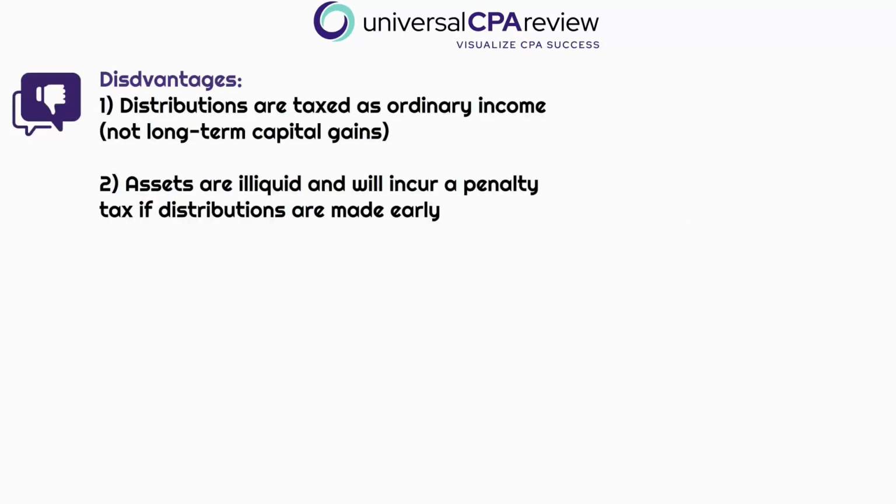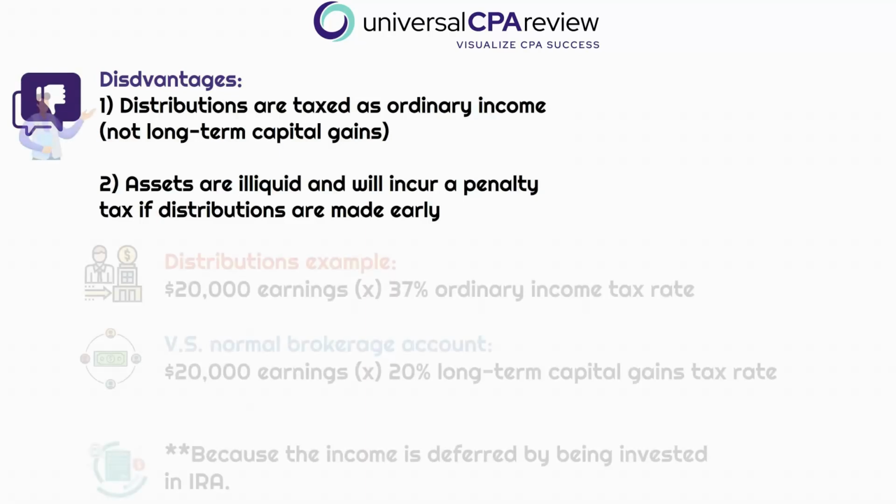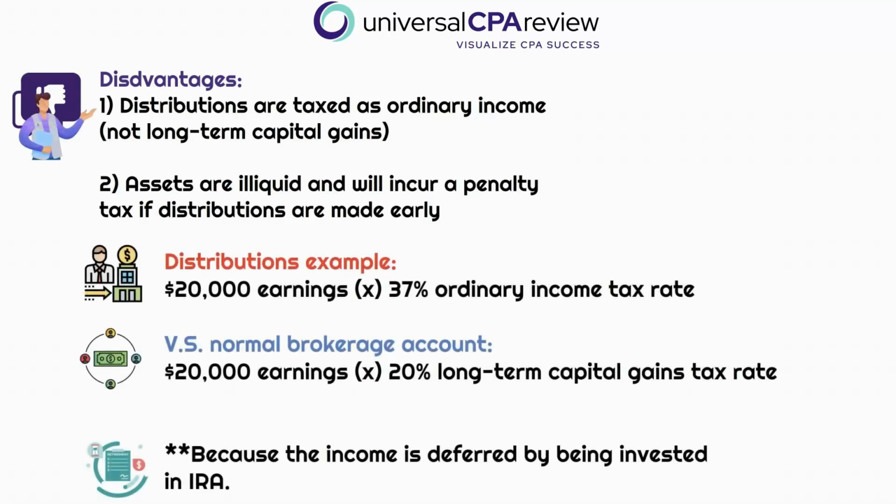So while Casey enjoys several benefits from contributing to a qualified retirement plan, it's also important to consider the disadvantages that come with these plans. Firstly, when Casey eventually starts taking distributions from the retirement plan, that income is going to get taxed as ordinary income, not as long-term capital gains. So this means that the favored tax rates that typically apply to long-term capital gains held for more than 1 year will not apply. So for example, even if Casey's retirement within the 401k has grown for several years, any withdrawals will be taxed at her regular income tax rate at the time of withdrawal, which could be higher than the long-term capital gains rates.